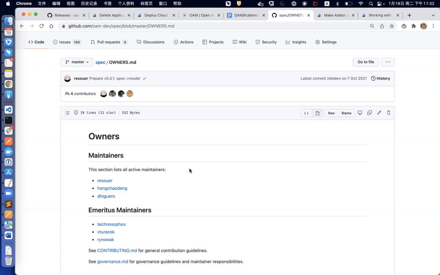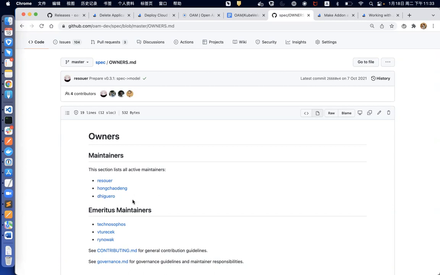I think OAM spec right now is still a standalone project, which requires community governance. And the point you are making here is quite clear and very right. I agree with you that we should be updating the governance of OAM spec to make it more like have a